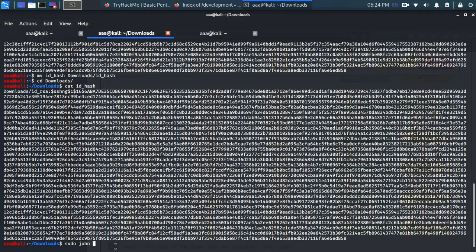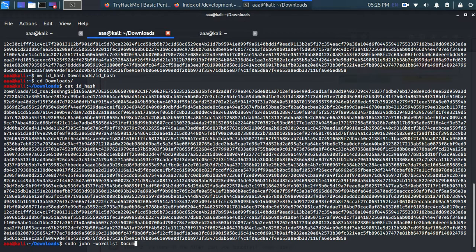To crack it, let's use the dash wordlist, and the wordlist is the rockyou one. It is in documents slash rockyou.txt. So let's firstly step out of this downloads folder.